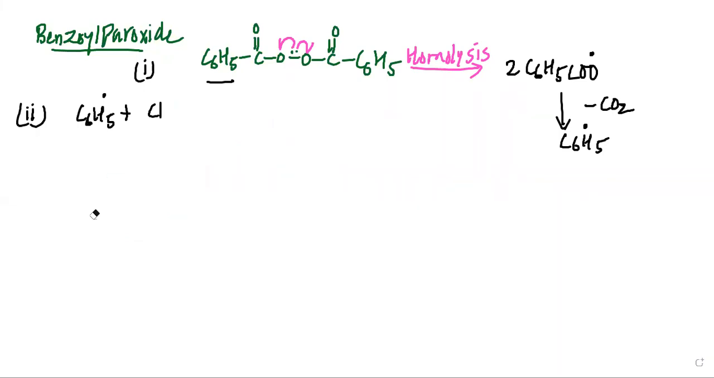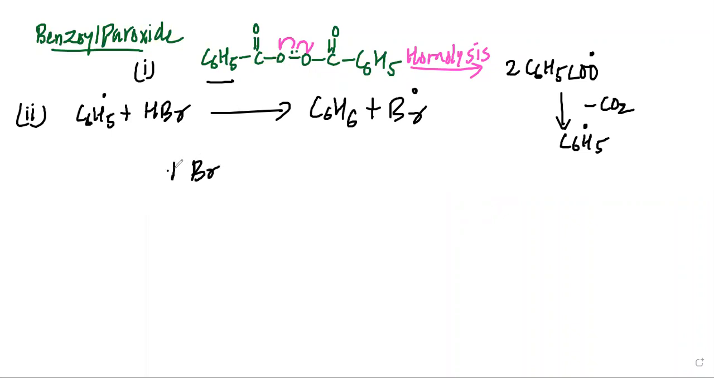Actually, this benzene free radical does not directly react with the propene, but it first reacts with HBr, my dear students. And when it reacts with HBr, we will get C6H6 plus Br free radical. Now this Br free radical, my dear students, reacts in the third step. This Br free radical reacts with the alkene CH3CH=CH2, and we may get two various types of